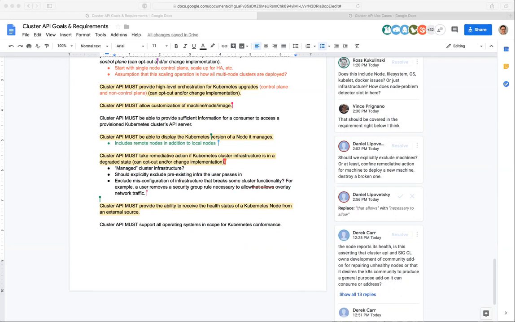But then how is it trusted? Like if I set up firewall rules to enforce... Hold on, Vince. Let Derek ask his question. How is that trusted as an API consumer then? Like if you're saying I give a provider a firewall rule definition and it's ignored, and then I trust that to depend on my network policy configuration. So I think the distinction is Cluster API is not telling the provider this is the firewall rule. Cluster API is telling the provider, go configure the firewall for this cluster with no information other than you need to configure a firewall, and it's up to the provider to configure. Well, it would have a spec. So I think there would be some sub-level of information that needs to be passed in.